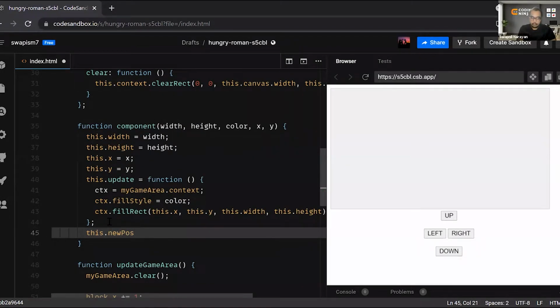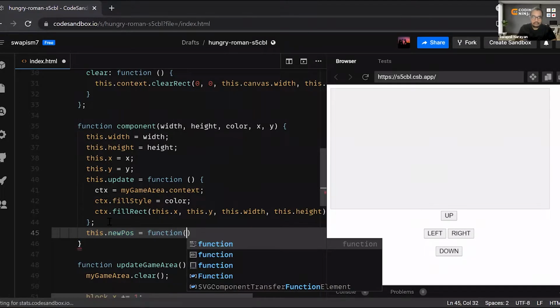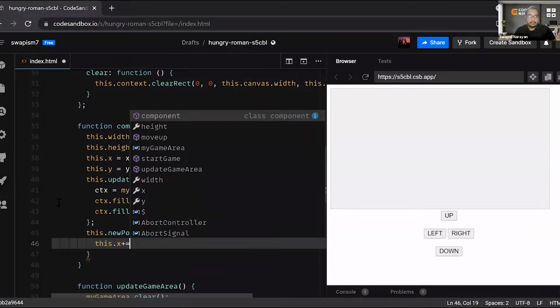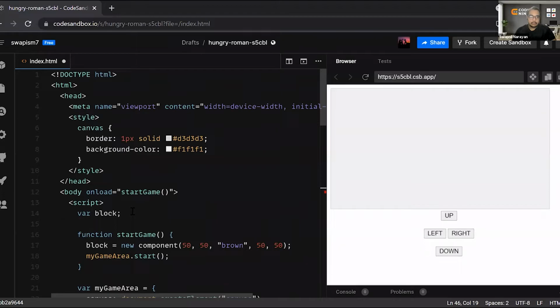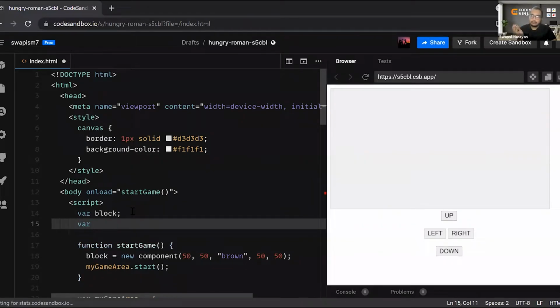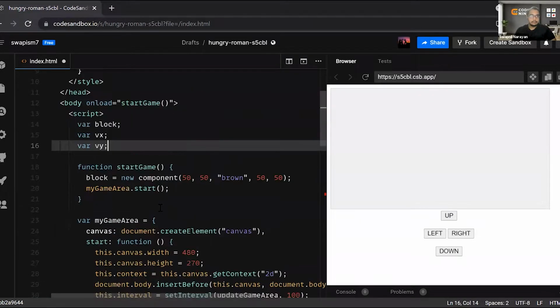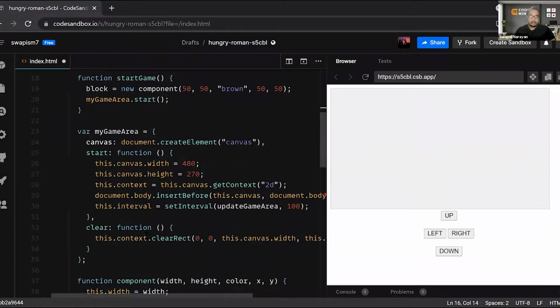New position will be a function that applies this.x += velocity. Let's say I'm making a variable velocity, by which I want to shift it in the upward, downward, left or right direction. Let's say Vx is the velocity in the x direction, and Vy is the velocity in the y direction.